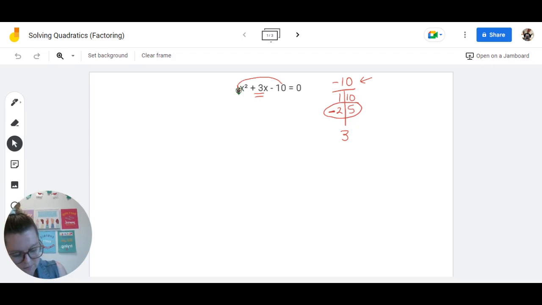So next up, I'm going to bring down my first term, so x squared. I'm going to break up the 3x into what I circled, so minus 2x plus 5x. Don't forget your x's. And then you're going to bring down this minus 10, and it's still set equal, not 5, to 0. All right, so it's called grouping, so I'm going to group the first two, group the second two,